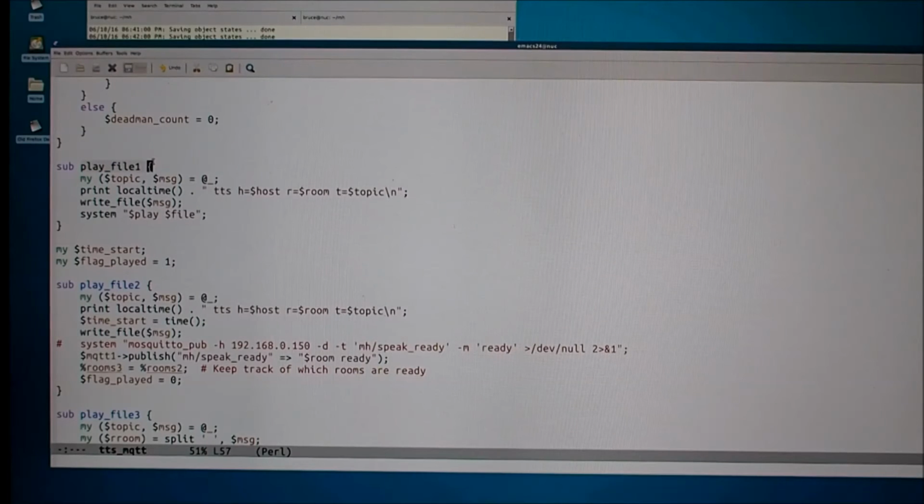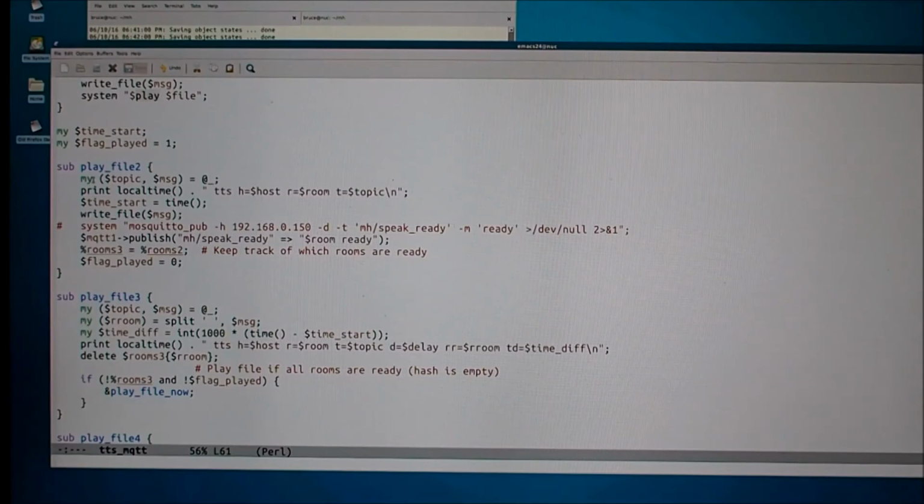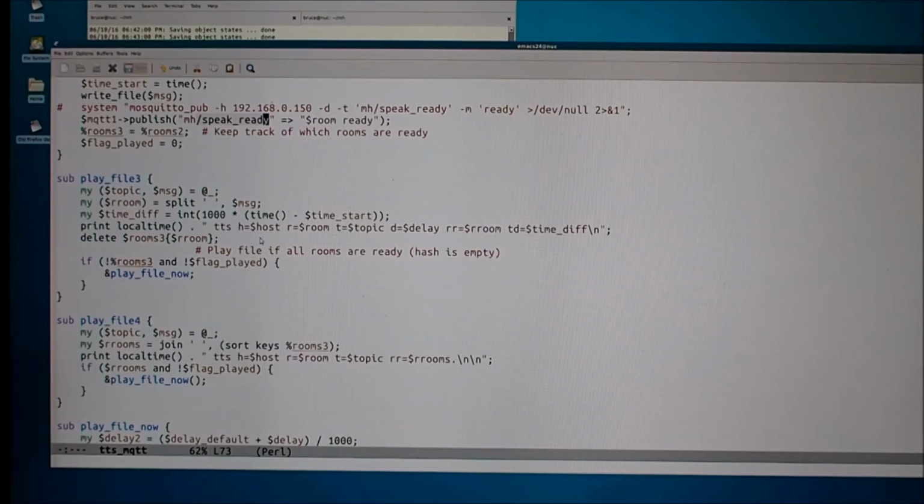Here's a simple case where it's just sent to this room alone, so we don't need to do that synchronization, and we just write the file out and we play it with a player, whatever client is appropriate for that platform. And this is a case where we're sending it to multiple rooms, so we want to be synchronized. So it will first receive the file, write it out, and then it'll publish that I'm ready to play. I've received it and I've written it. And then once it's detected that all the rooms have received the file,